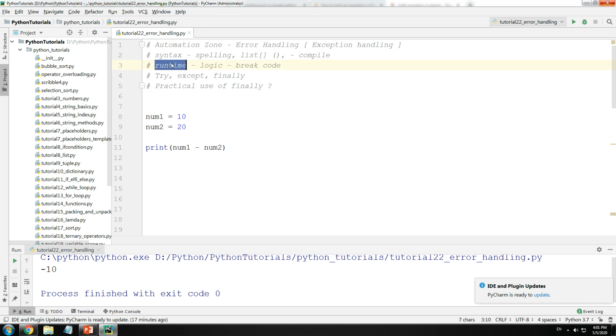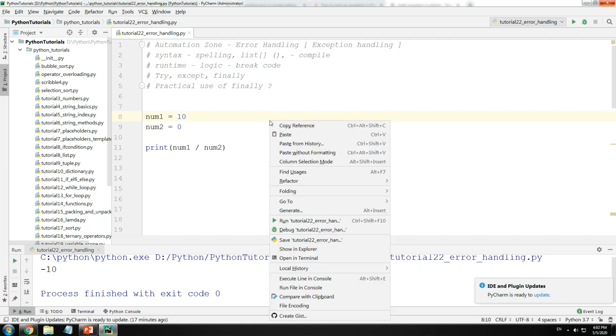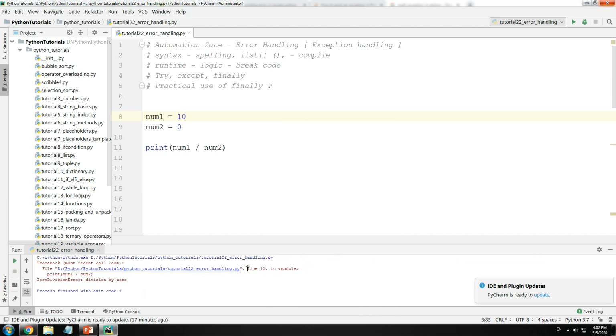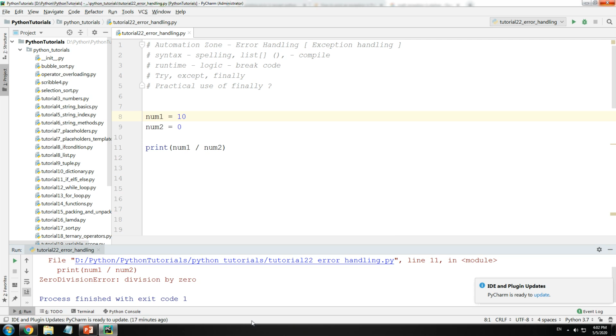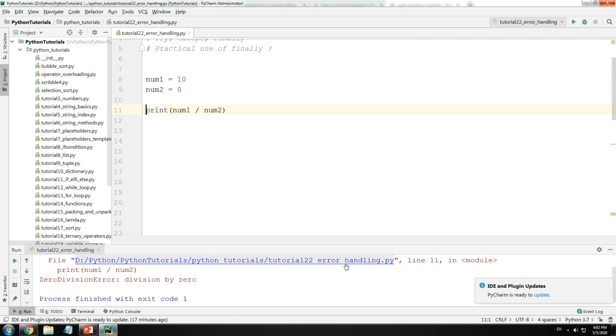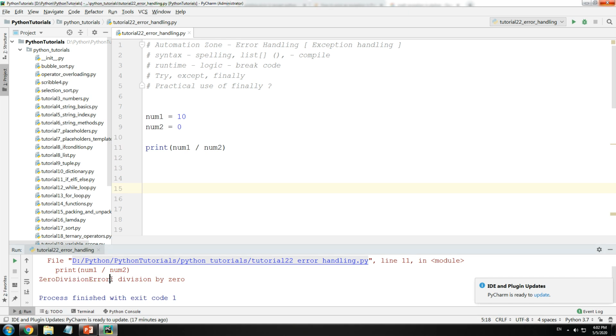The other one is runtime errors that break your code, which we'll be looking at in this session in depth. What do I mean? Say for example, I was dividing the two numbers and my denominator is 0. Most programming languages cannot divide by 0, and if I run it, I get these red lines in my console. There's an error in line number 11, as you see here, and the error is a divide by 0 error. Now this is pretty straightforward. The name of the error tells us exactly what has happened, but in many cases you will not understand the exception.